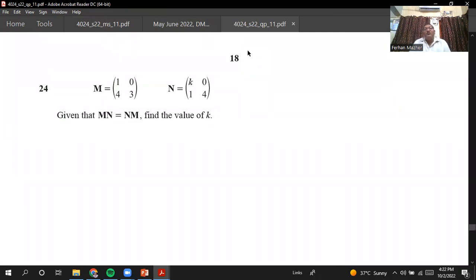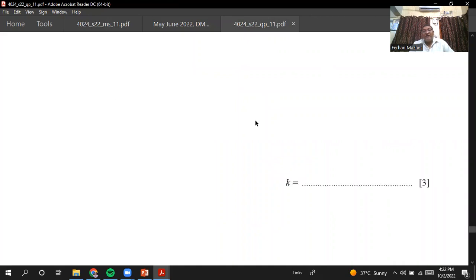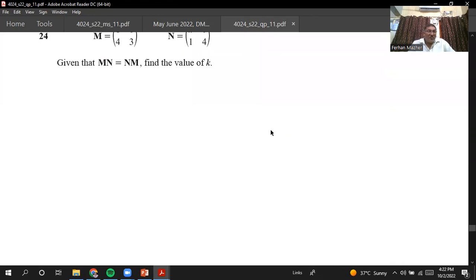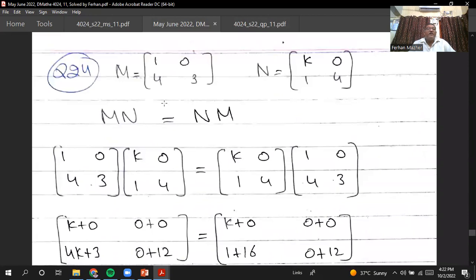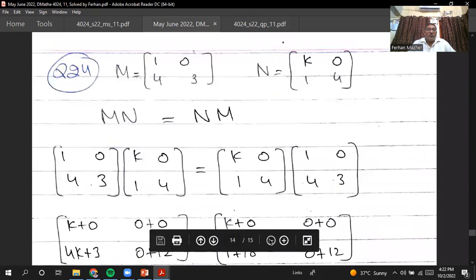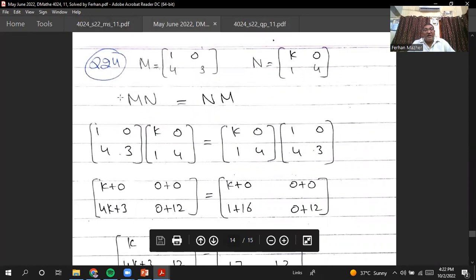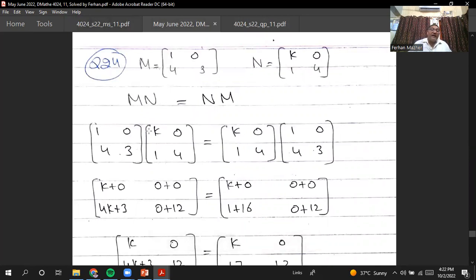He says m is equals to 1043, n is equal to k014. Given that m multiply n is equals to n multiply m, find the value of the k. A very simple and straightforward question. It's a 3 marks question. Okay. So I will show you how I have done this. So I will write m n equals to n m. So m value 1043, n is k014 equals to